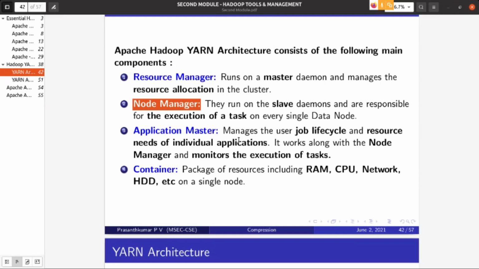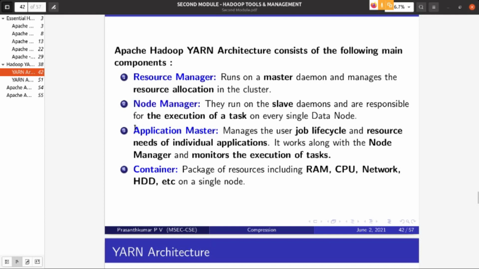With each data node, one node manager is running. Its responsibility is the execution of tasks on every single data node, to execute the tasks assigned to that data node. Very simple.